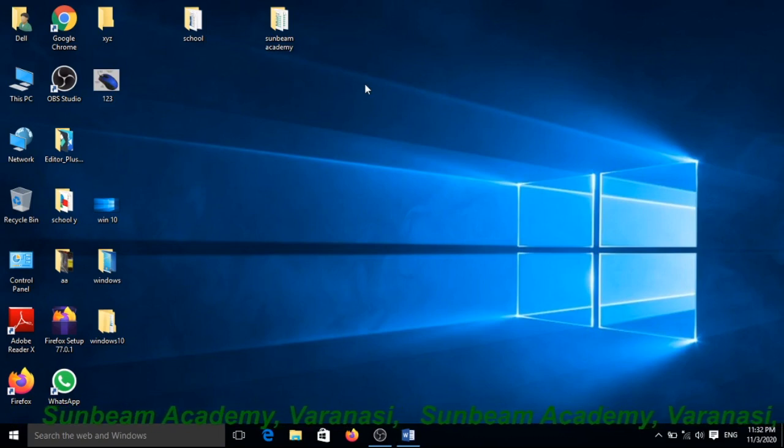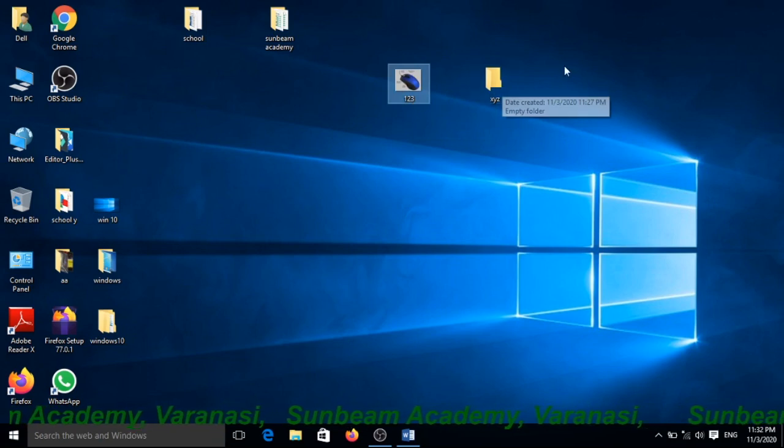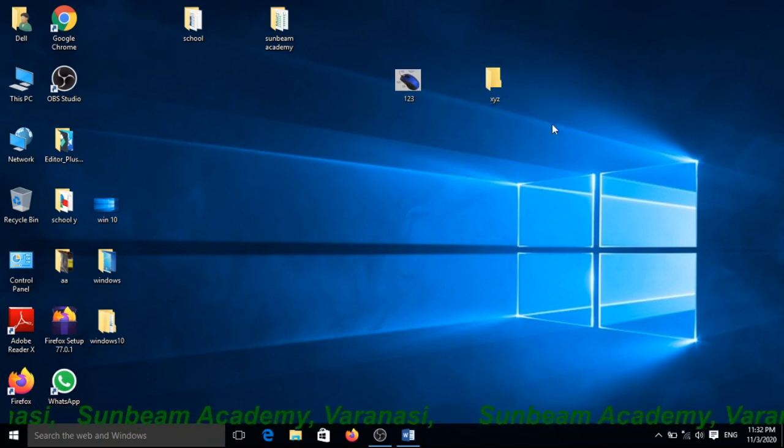Now, second method, how can you delete this file and this folder? Select that folder or file which you want to delete. Second method is here.